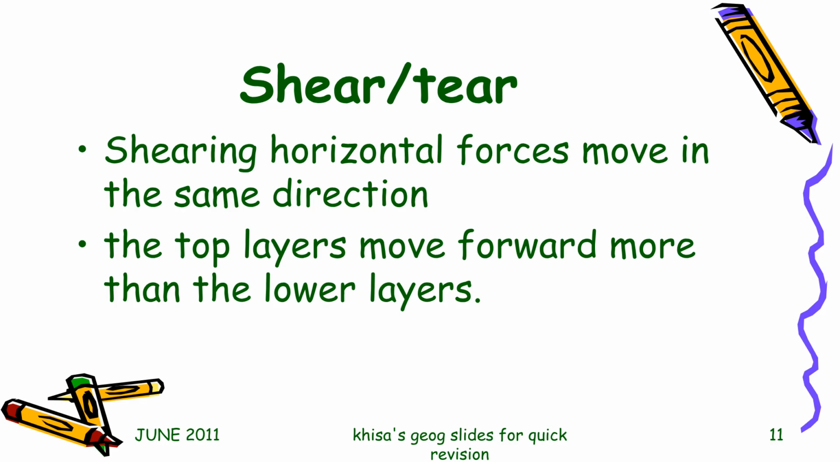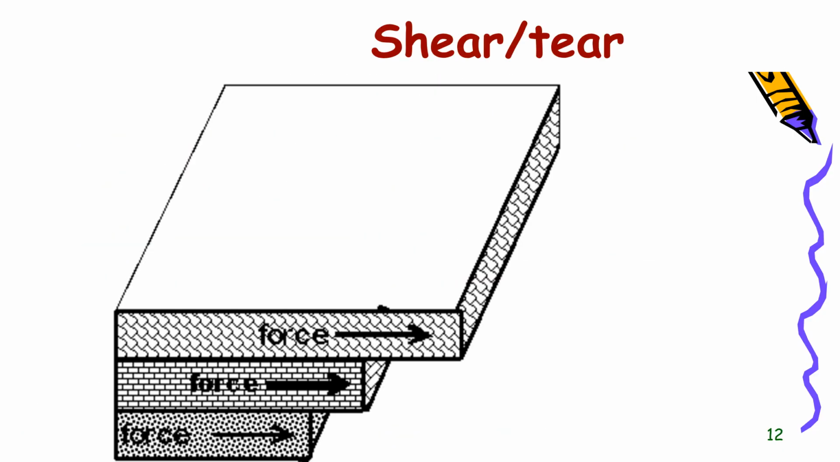Another process is shear or tear. Here, shearing horizontal forces move in the same direction, with the top layers moving forward more than the lower layers. This diagram visually represents shear or tear, where horizontal forces act in the same direction but with different magnitudes across